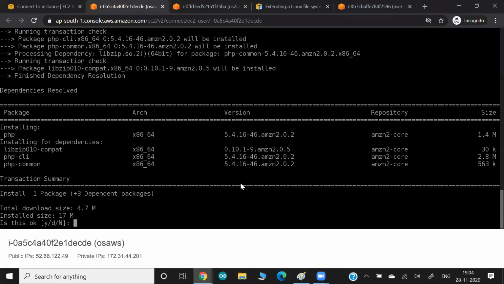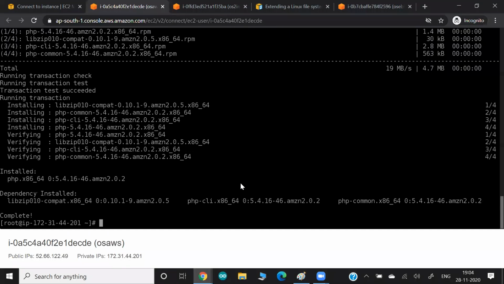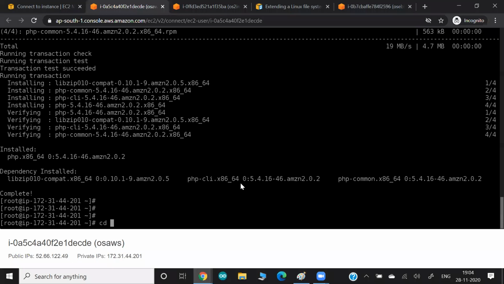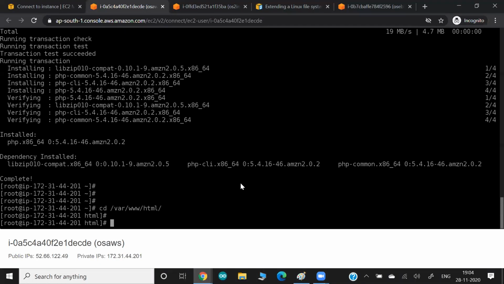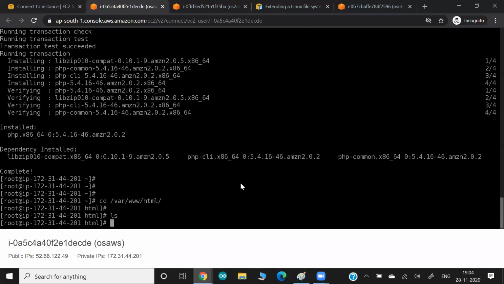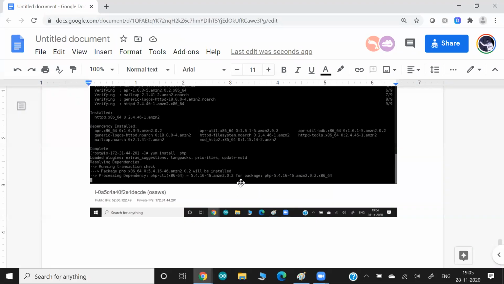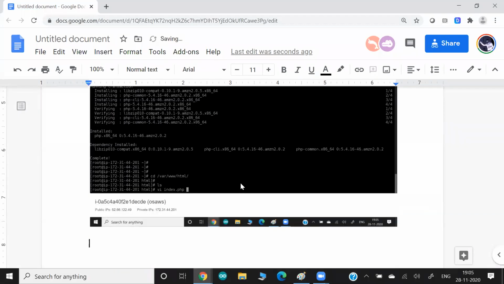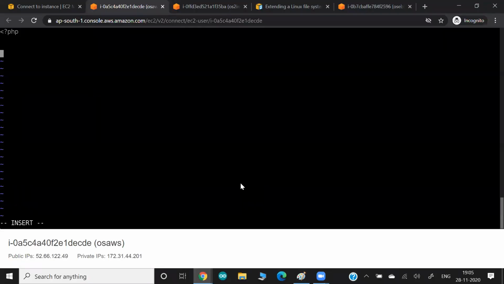Maybe I have to put some PHP code here, or I will put some PHP website here. Because this is a PHP website, let me create a website with index.php, with the extension PHP. Or maybe one of my developers has given this website to me, and I put my code here. Right now, I'm just typing the code here, and just printing here and saying